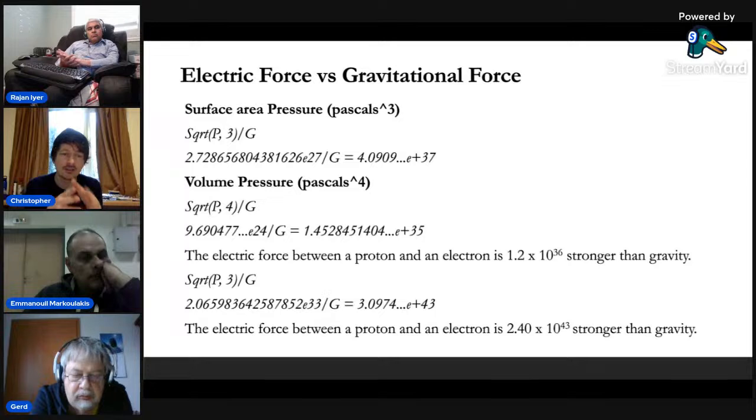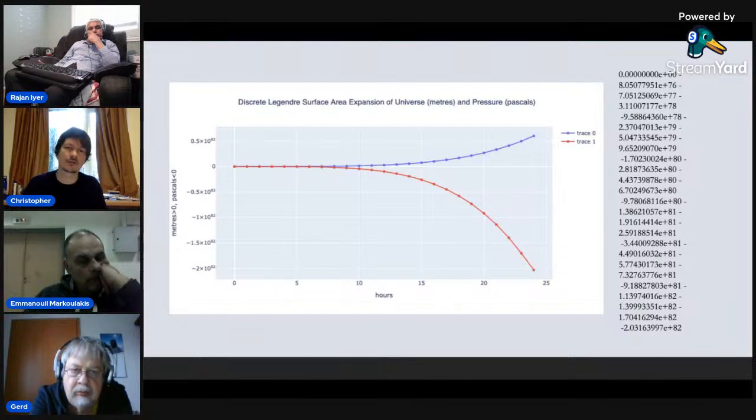And then if we take the cube root of the volume pressure, we get back to 10 to the 43, which, as I said before, is very similar to the electric force between a proton and an electron. It's not exact, but they're just interesting relationships. I find it interesting that you can get this from the geometry of the Ohm model. So these graphs kind of show